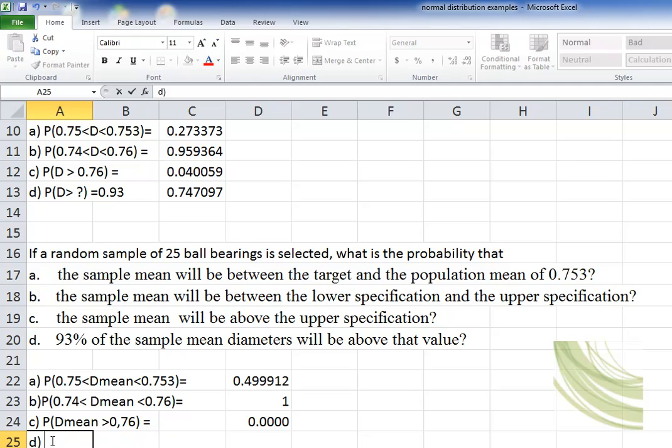Now D, with 93% of sample mean diameter will be above that value. So we are looking for probability mean greater than what value, you will get probability 0.93. So the question mark is equal